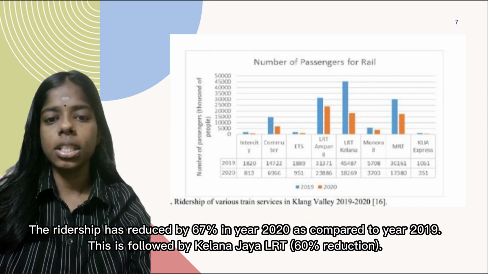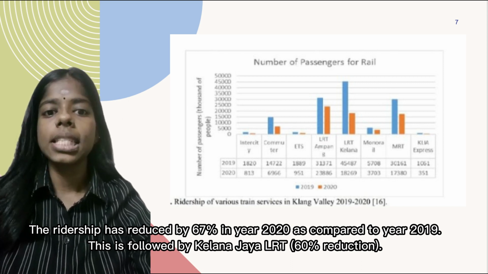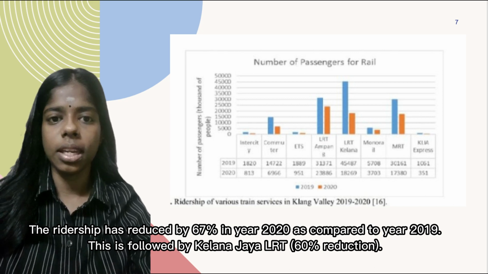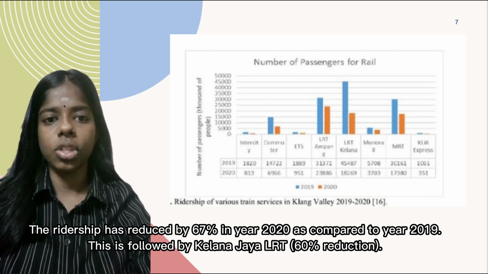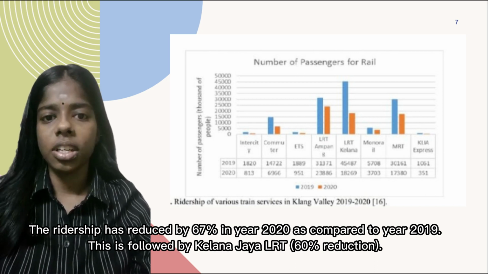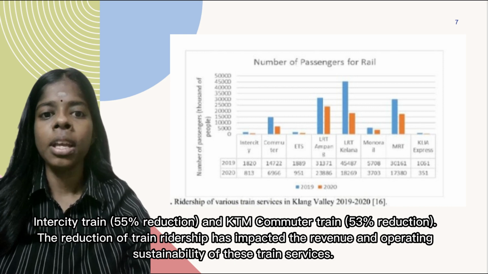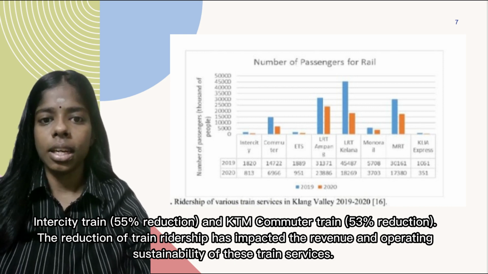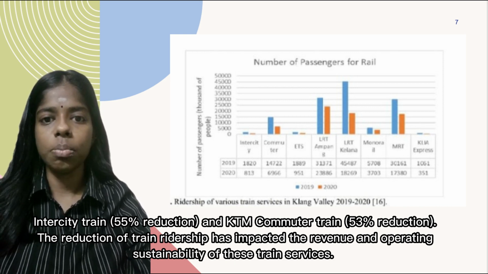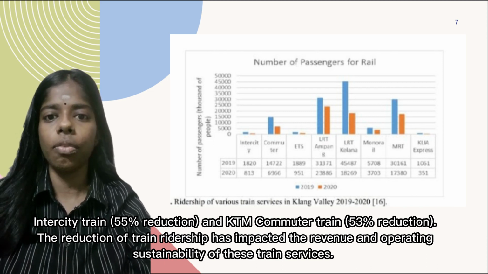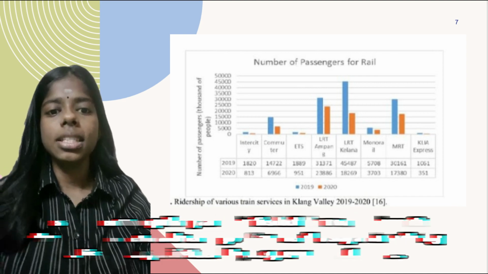The ridership has reduced by 67% in year 2020 as compared to year 2019. This is followed by Kelana Jaya LRT with 60% reduction, Intercity Train with 55% reduction, and KTM commuter train with 53% reduction. The reduction of train ridership has impacted the revenue and operating sustainability of these train services. This